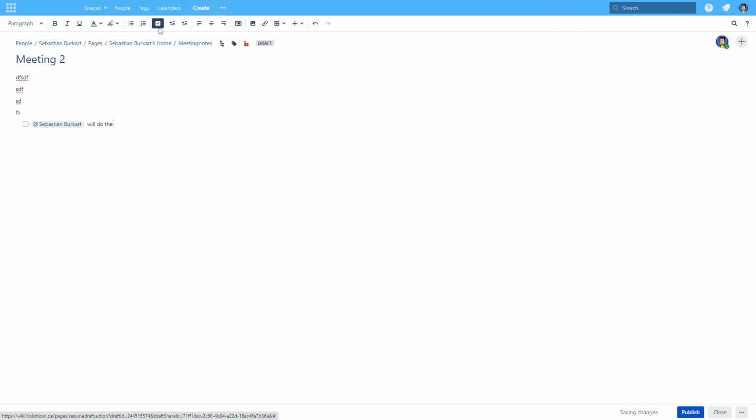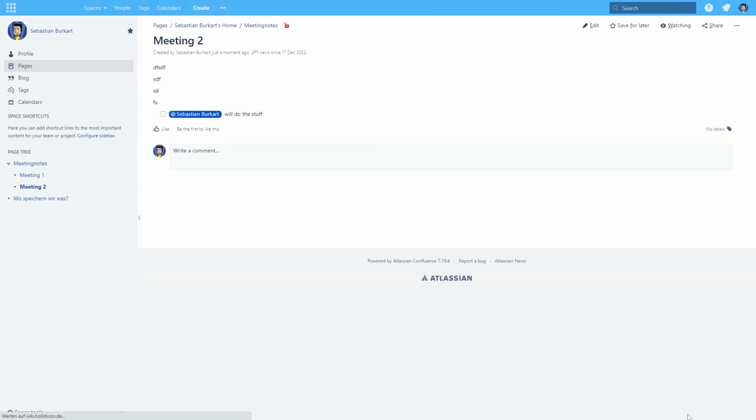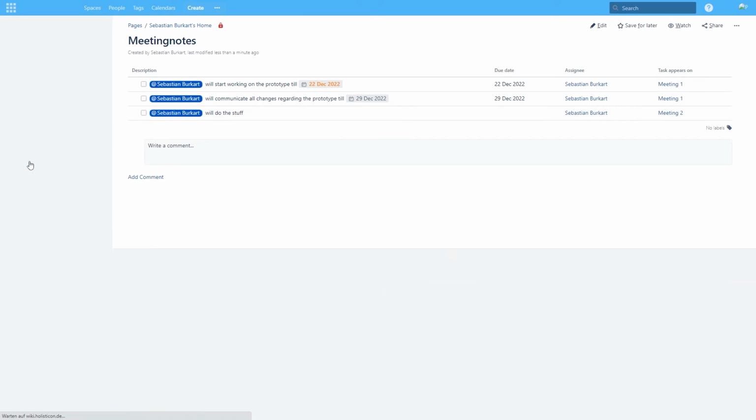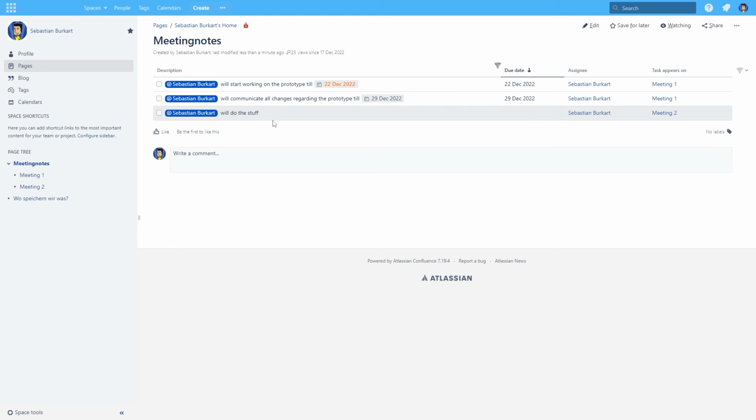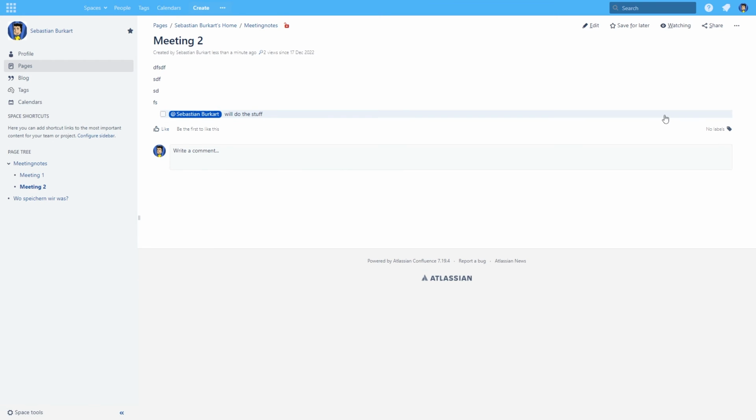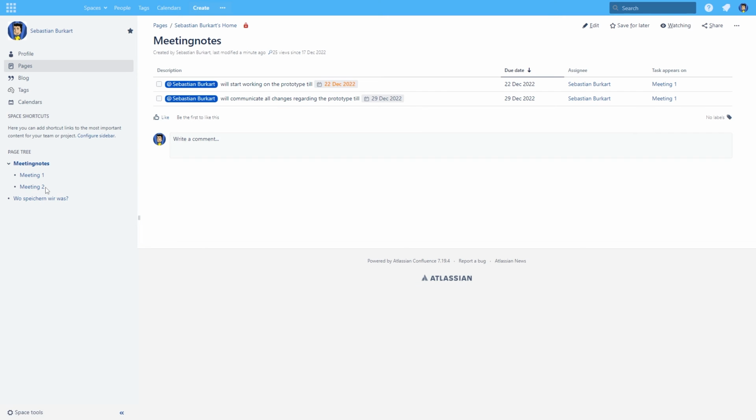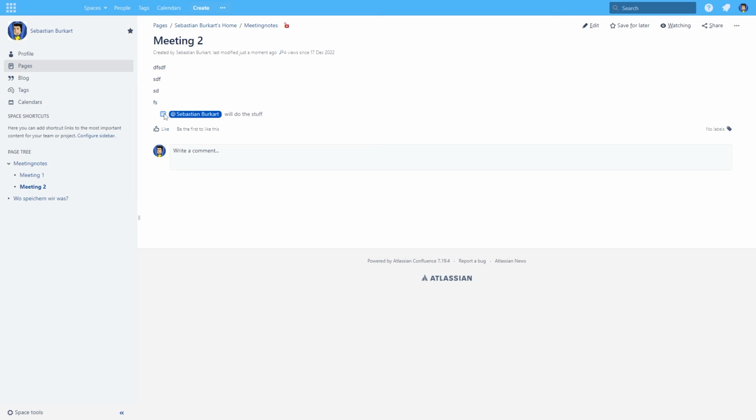Sebastian will do the stuff without a due date. I publish it. I see it here again and here under meeting notes I now have this point, with no due date of course, the assignee again and which page it is. And I can directly jump there. One thing about tasks, you can check them as done or uncheck them. If I check it here, go to meeting notes, it's done. If I go here, I uncheck it,